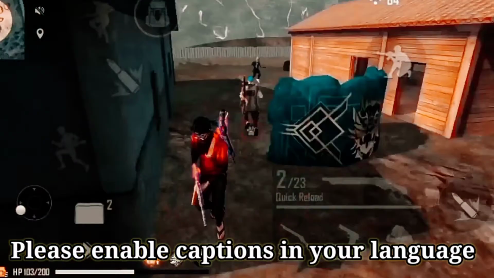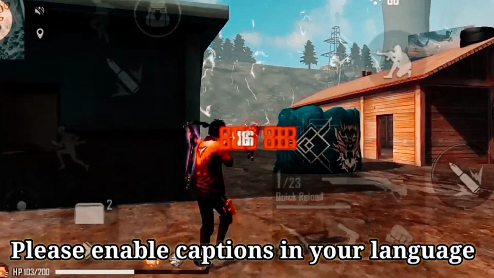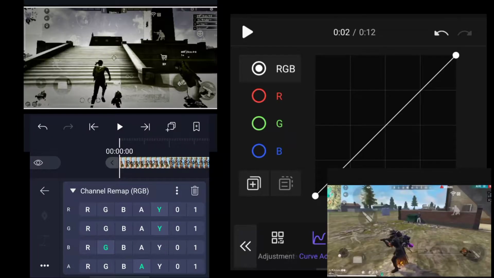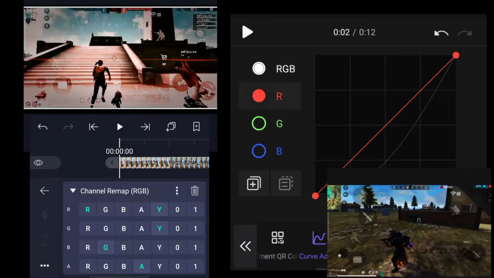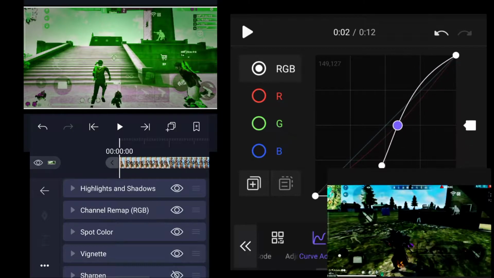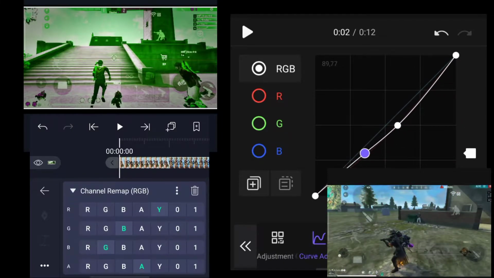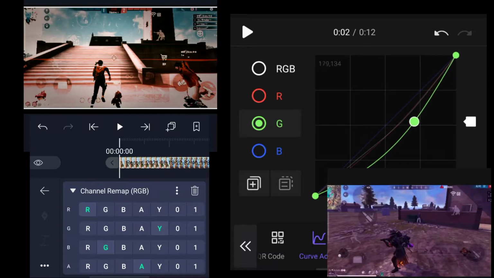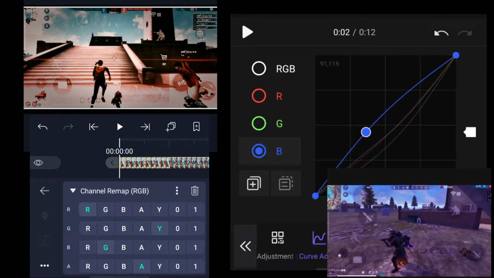Friends, in this video I am going to show you an app by which you can do color grading in just one click. There are so many ways for doing color grading, but the method which I am going to discuss in this video is the easiest one. And I personally use this app for doing color correction in my montage videos. Well, color grading is not an easy task, but you can make it easy by this app.